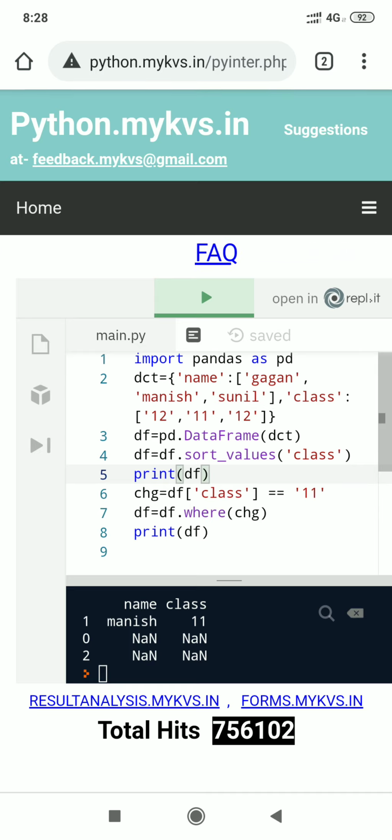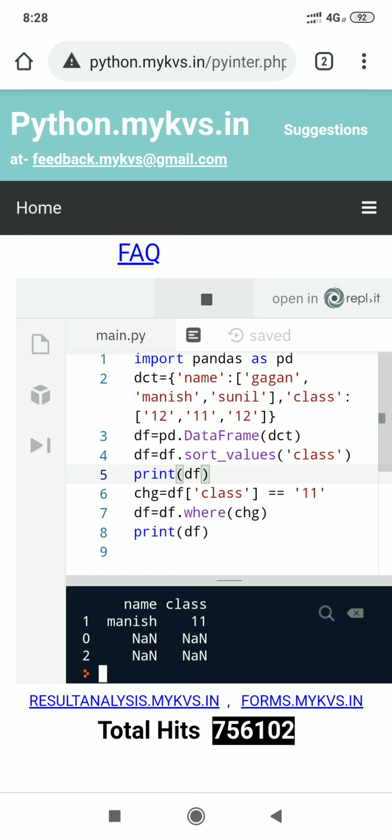Here we are applying the condition with the help of one object, chg, which holds multiple values. So it will return only those values which match where class equal 11, otherwise it will return a not a number value. Now if we display the value of df, it will display the values of students where class equal 11.